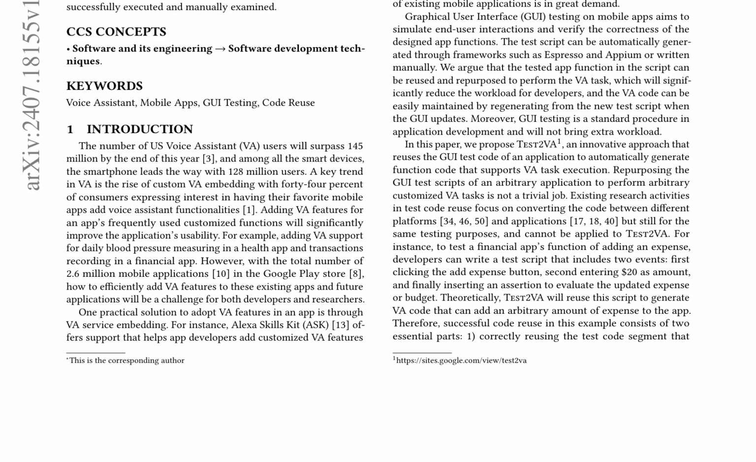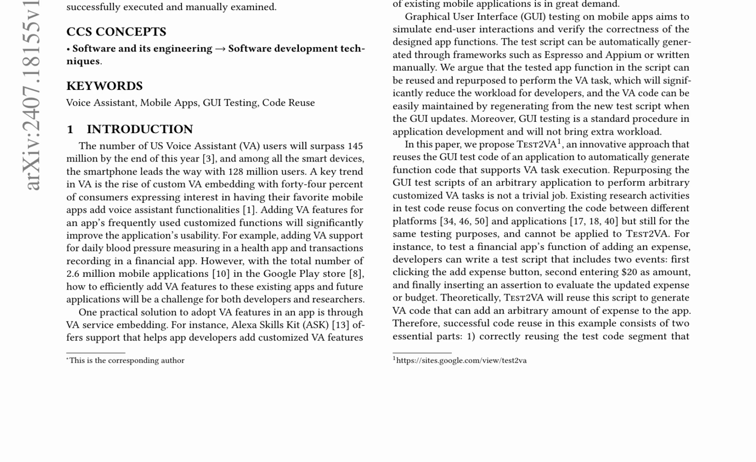The need for developer-oriented support to simplify and speed up VA development is increasingly important, particularly considering the growing demand for custom VA embedding in mobile apps. GUI testing, a standard procedure in application development, can be leveraged to generate VA code without introducing additional workload. This approach not only reduces the development burden on developers but also ensures the maintainability of VA code through regeneration